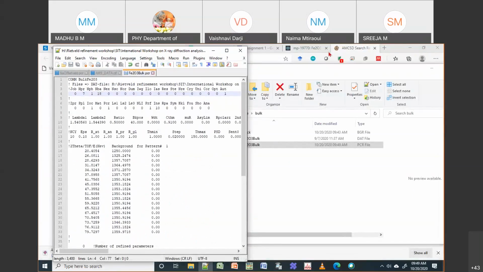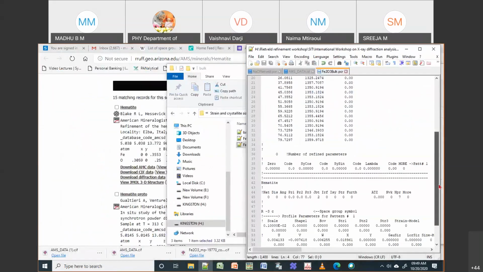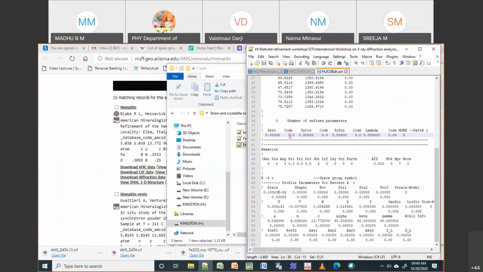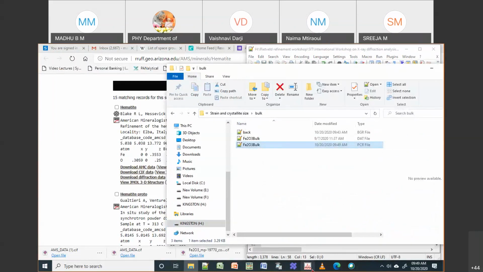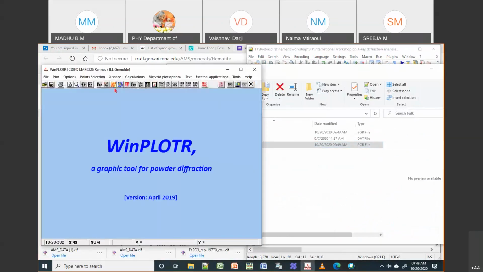And I need to also refine the parameters. So initially I will just refine the 0 because this is profile matching. So I'll put 1 1. Then same thing I'll do for 2 3 and 4. Okay, sorry, A and B and C. 21 21 because A is equal to B. Then C is different, so I'll put 31. So even you can just do like this, it will automatically take. Okay, so let us run the program from this file.